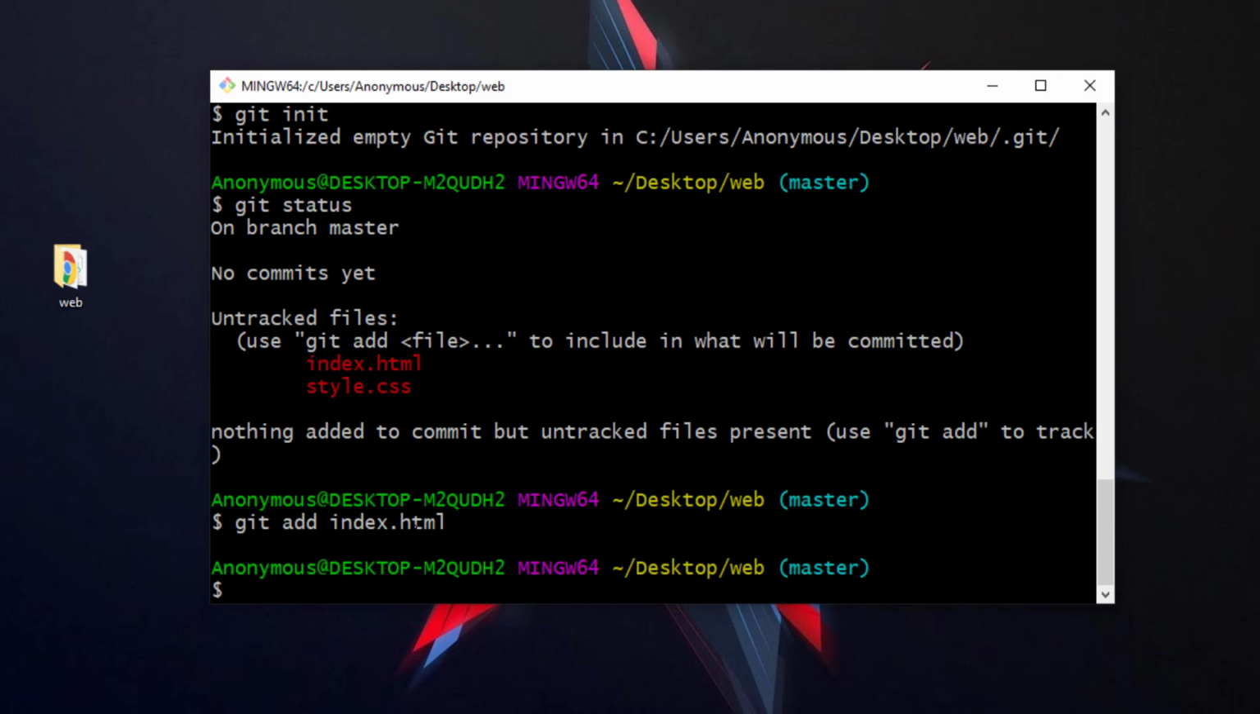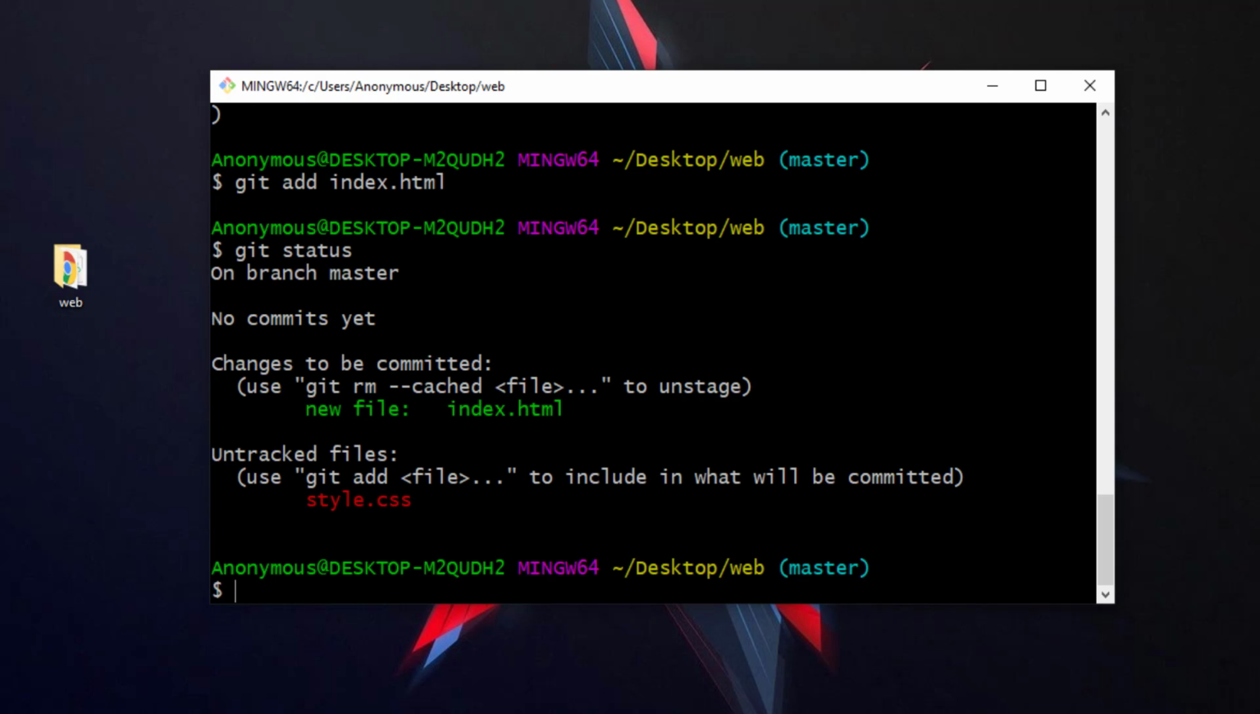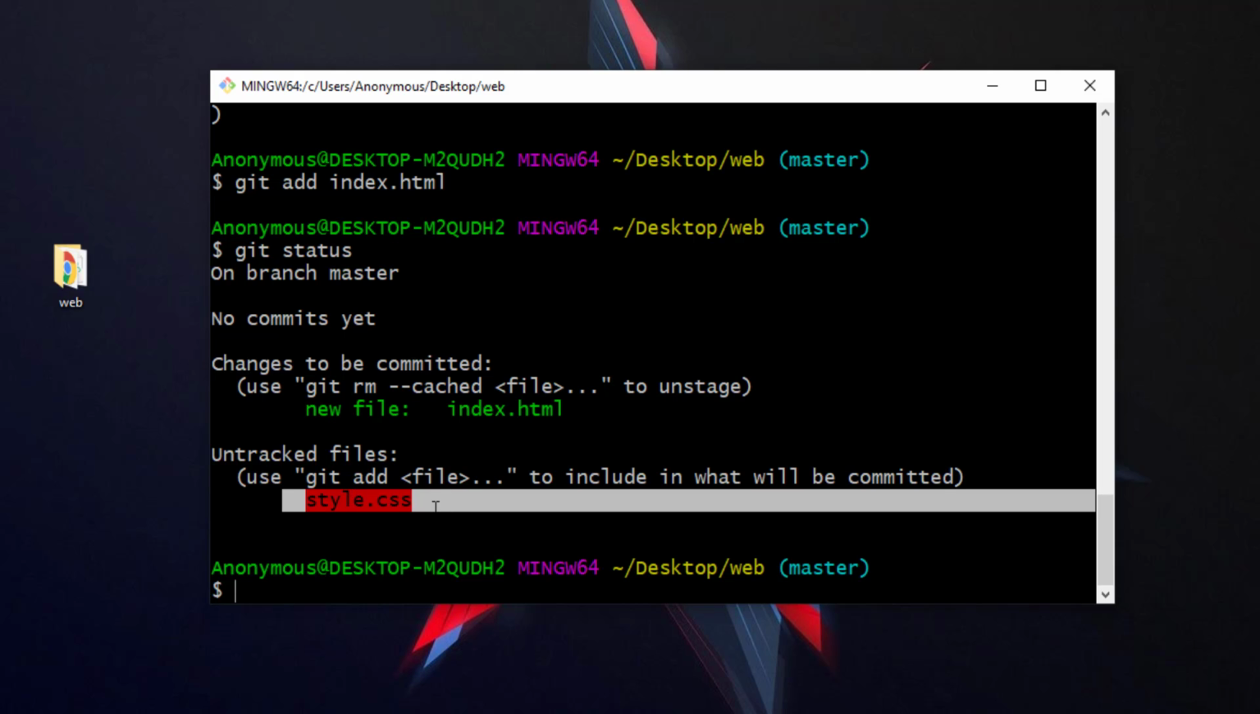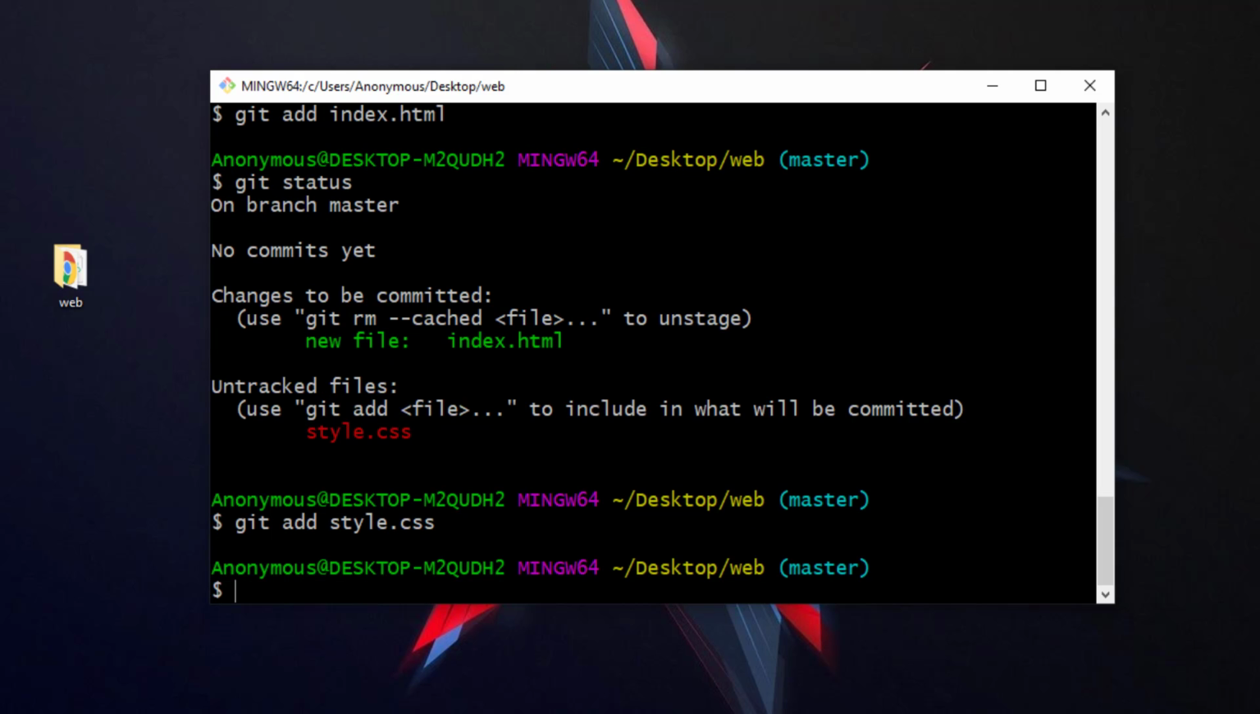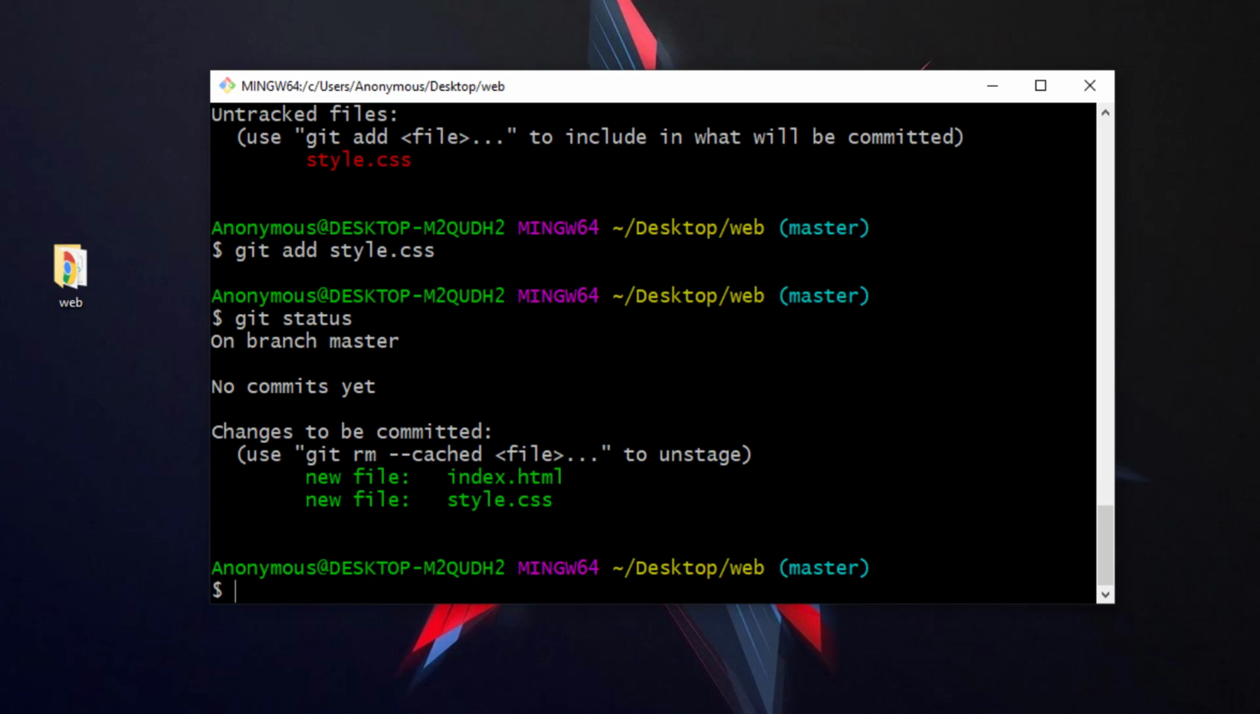index.html, and I'm gonna run this, and let's write the git status. And as you can see here, this is now in the staging area. So this file is now being tracked and this isn't. So if I want to take this file into the staging area as well, then I have to run this command again with the name of style.css. And okay, so now these both files are now in the staging area,